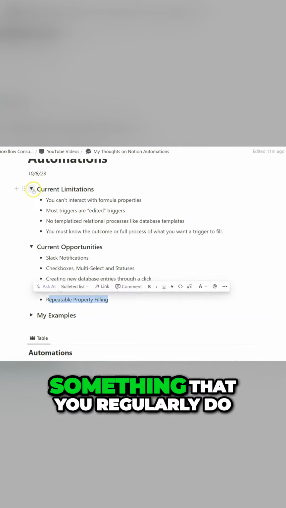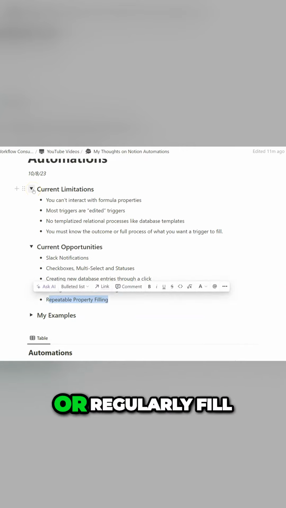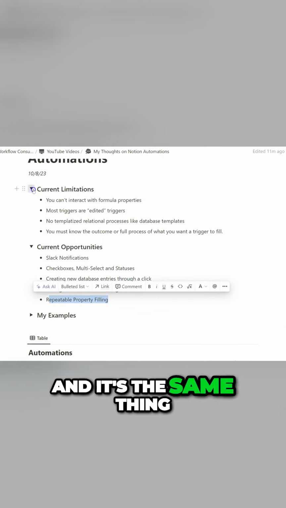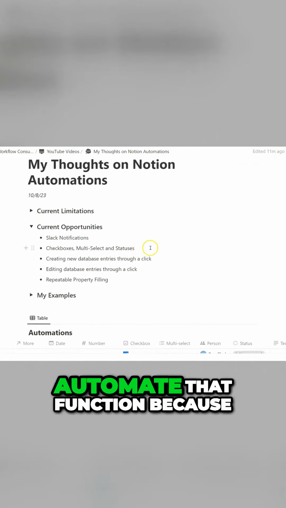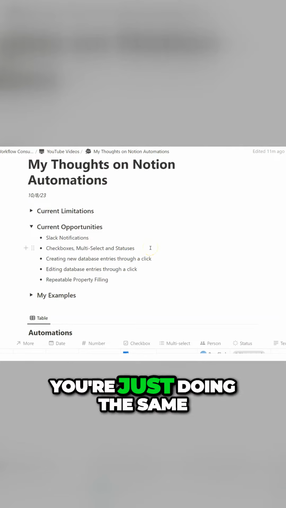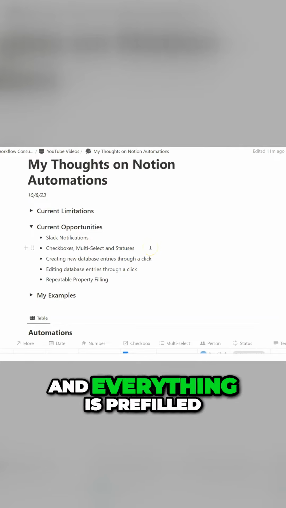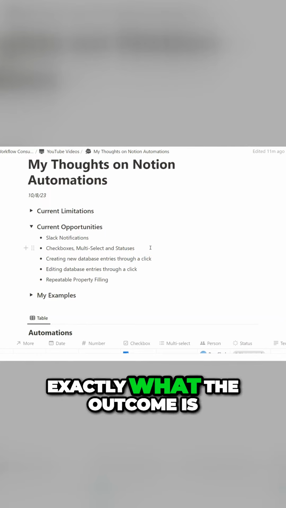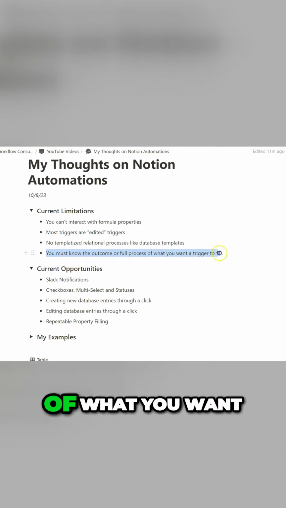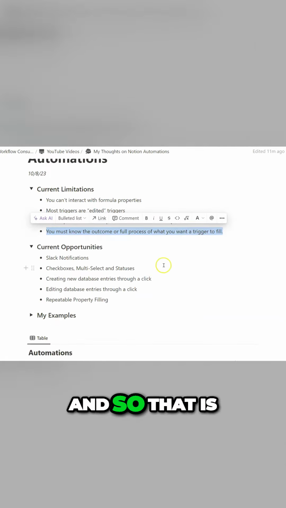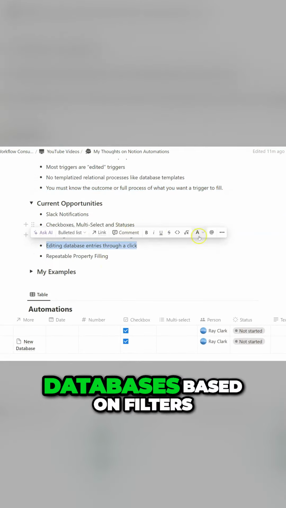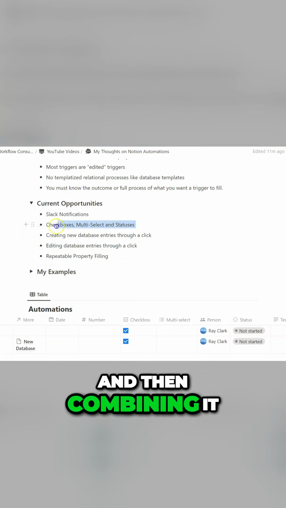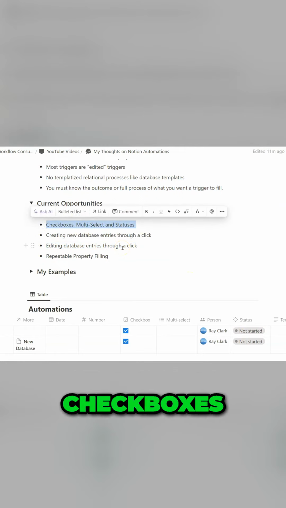So if you have something that you regularly do or regularly fill, and it's the same thing over and over and over again, Notion automations is a perfect way to automate that function because you're just doing the same thing over and over again. And everything is pre-filled. You know exactly what the outcome is. You know what the full process of what you want to happen. And so that is exactly where you can start to think about using editing databases based on filters and then combining it with these three properties, checkboxes,